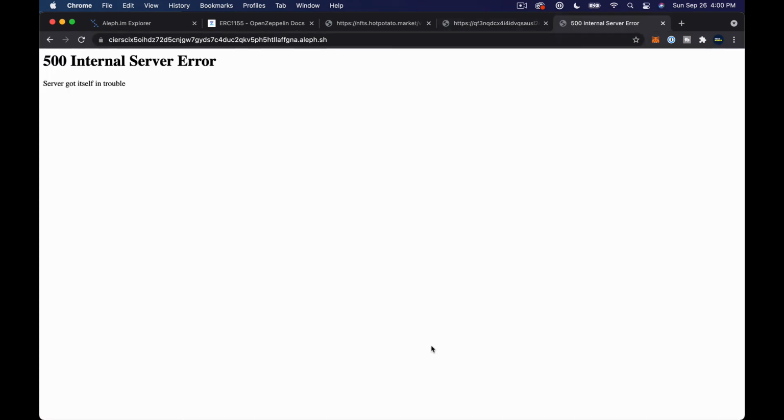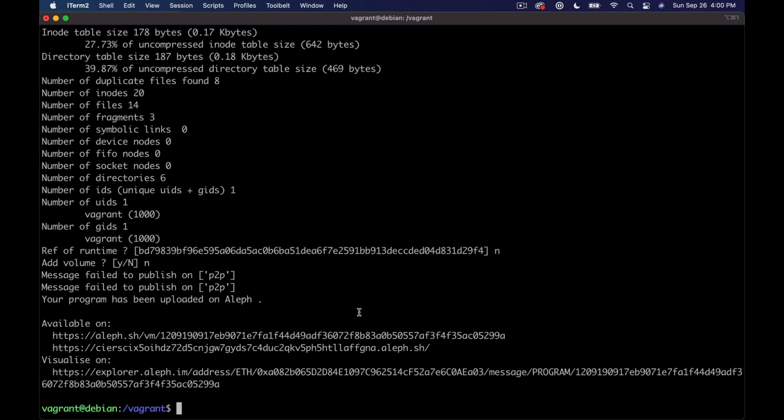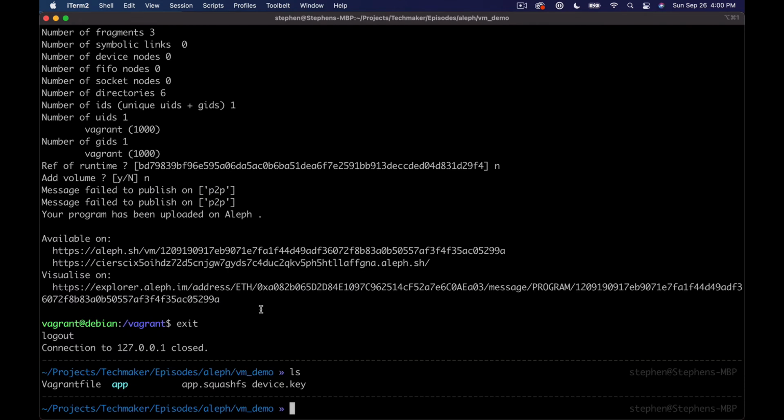Internal server error. Server got itself in trouble. Okay, so that didn't work. I don't know what that question means. I just thought maybe I'm referencing some previous version or something if I clicked enter up there. Okay, so let's exit. So my code, because we're running this on